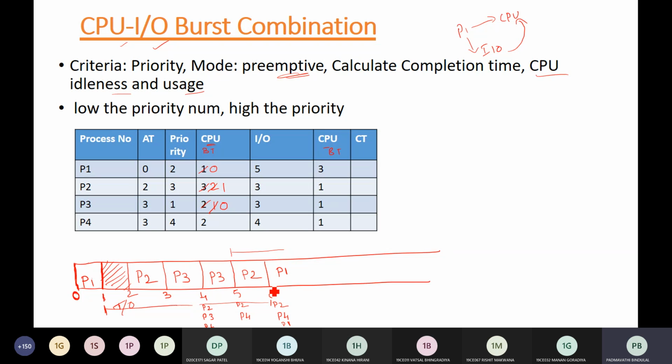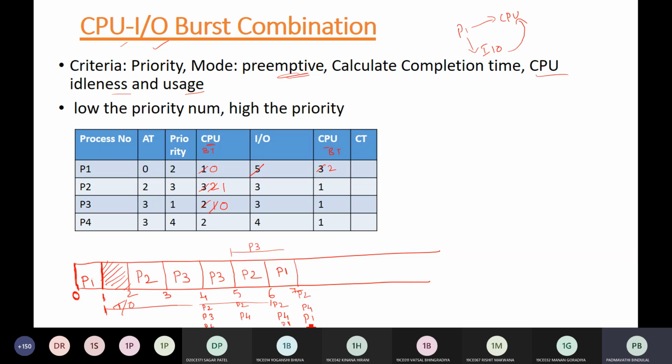This is a little tricky, so notice carefully the burst times and IO times and how they are changing. So P1 you are executing, its IO is already completed. P1 you are executing for 1 second, so the remaining time is 2. Now you have P2, P4 and P1 in your ready queue at the 7th instant. Keep track of the IO of P3 also. Sorry, we have to track the IO of P3. So 1 instant has started here for P3's IO, then 2 instants, and 1 more instant is left.